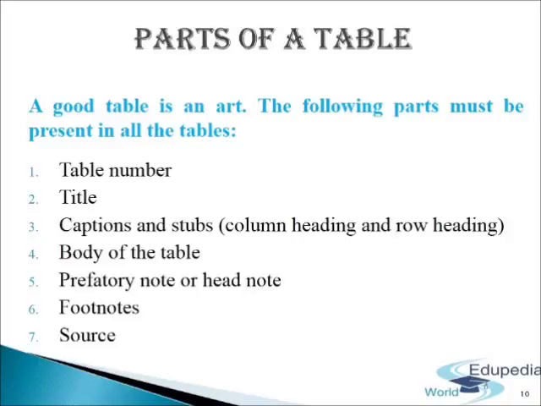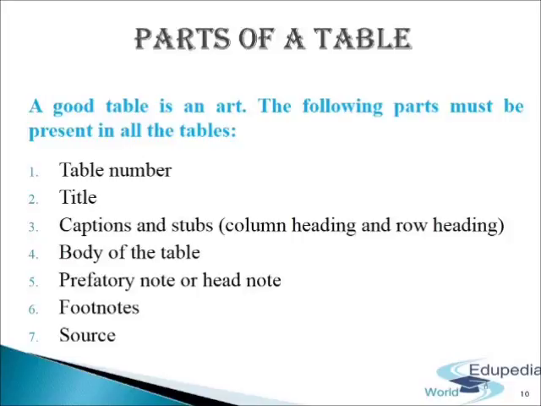Sixth, footnotes. It is placed at the bottom of the table. It is a phrase or a statement which contains explanation of some specific items or some specific parts of the table. Footnotes can be identified by various systems and keys like putting stars or signs or by using small letters and numbers. Footnotes are also necessary to specify important limitation of data, if there is any, or to explain some important features of the whole table.